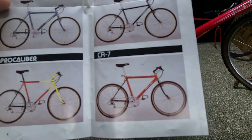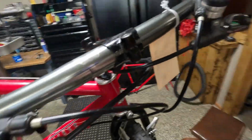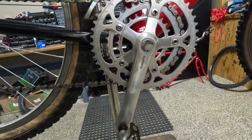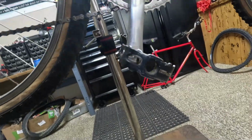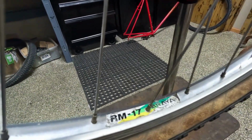There's our CR-7. If we look at the specs here, hopefully that is clear. Headset, Fisher Evolution, that's on here. Drivetrain, Shimano Deore XT, it's all original. Fisher bulge handlebar. There's the handlebar. It's a little faded. Obviously, probably had a computer or something on there. We got the Fisher stem, which is original, as I said. Deore XT. So these are M732 brakes, 732 rear derailleur, 732 front derailleur, 730 crankset, Deore XT pedals, Deore XT hubs, laced to Araya RM17